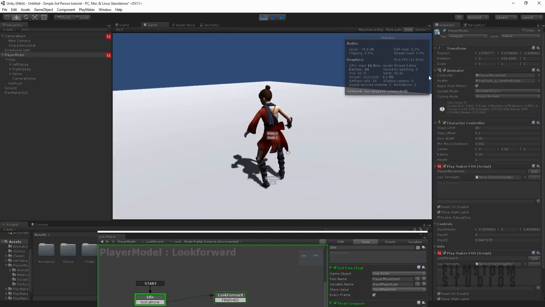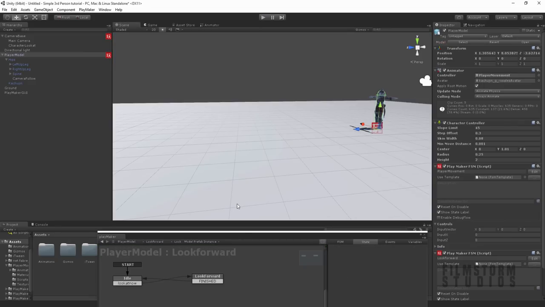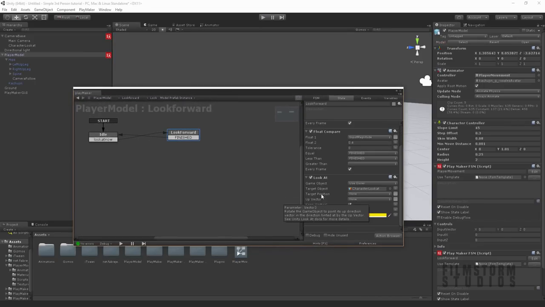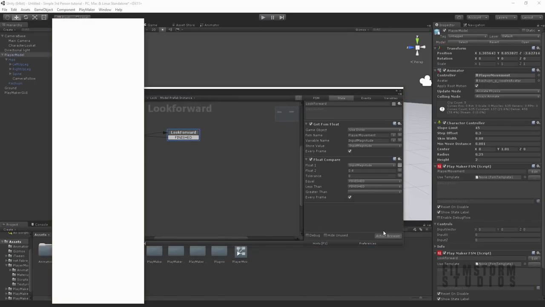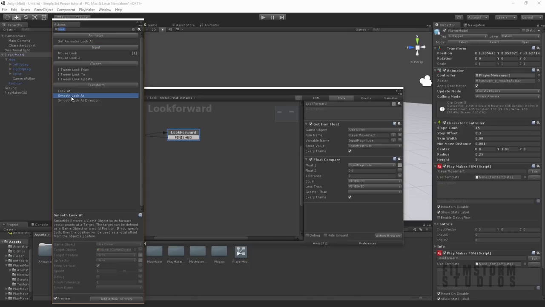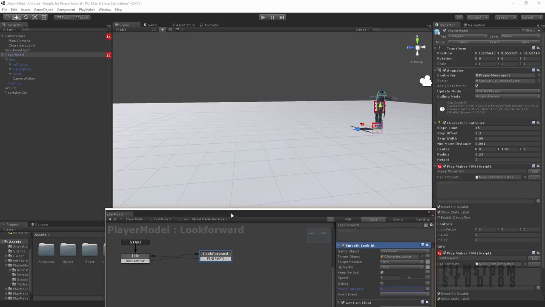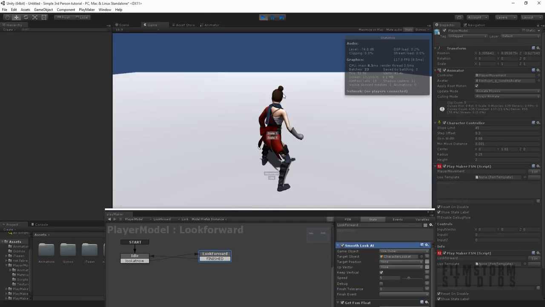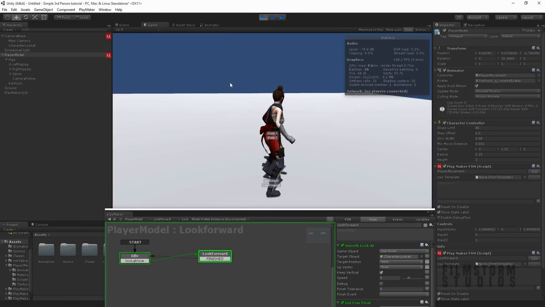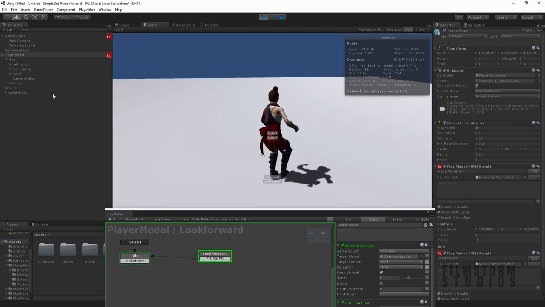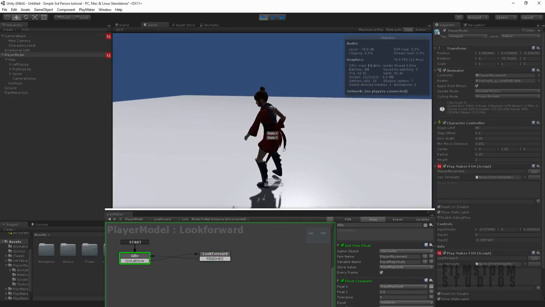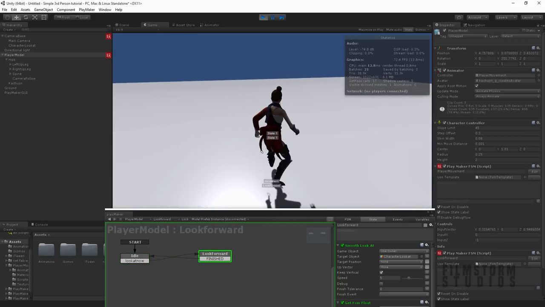And you'll notice she actually snaps a little bit. So what we can do is actually fix this up by switching this from just a look at to a smooth look at. So let's just quickly relink this character look at. The speed will be around 5, that's fine. Make the finish tolerance 0. And let's just uncheck that, bring this down and play again. And you'll notice she won't pop in, she'll actually smoothly turn towards. And it also works when you press backwards, she'll run backwards.